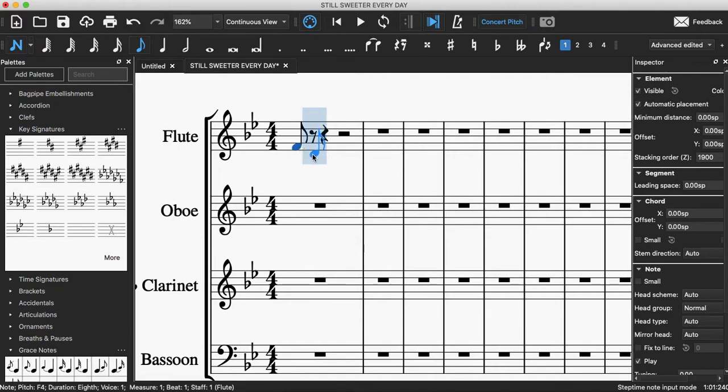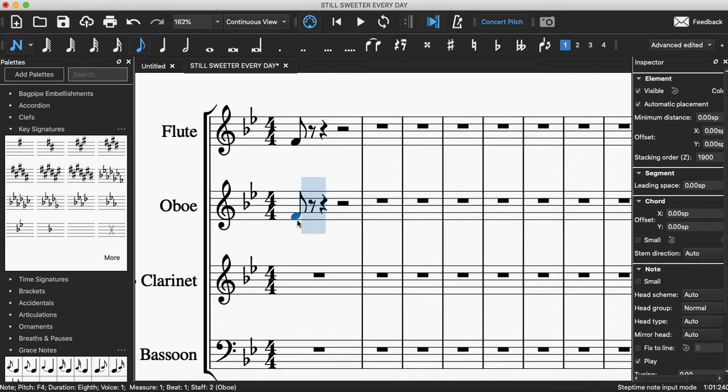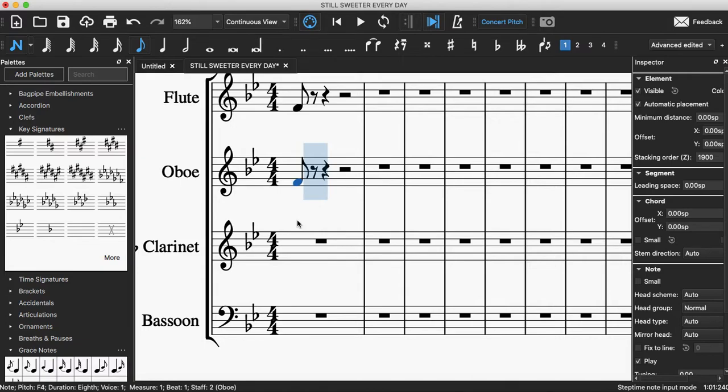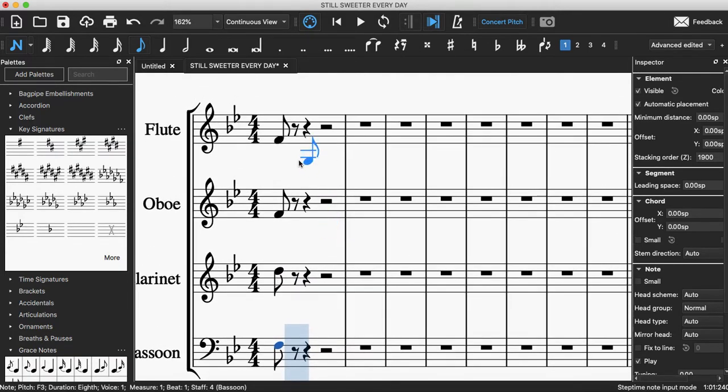So, and then for the oboe is also the same as F. And then for the clarinet is in the D, and the bassoon is the same. No, it is in the F. So something like that. So if you don't need to use the notes, you can just